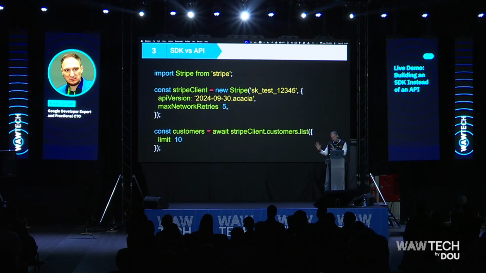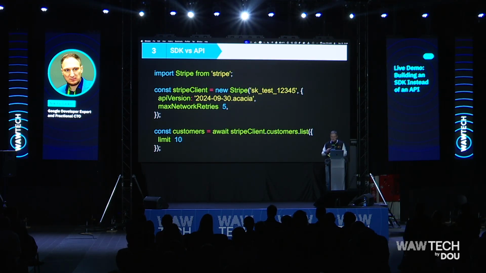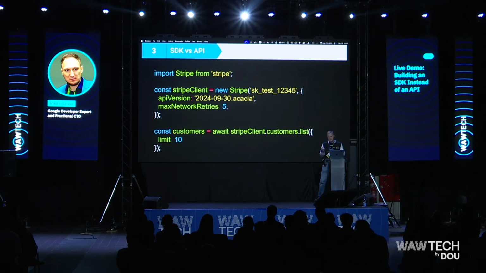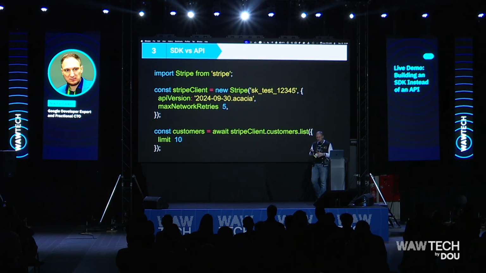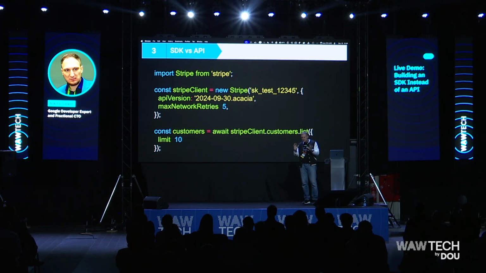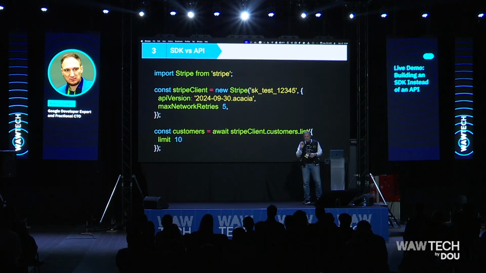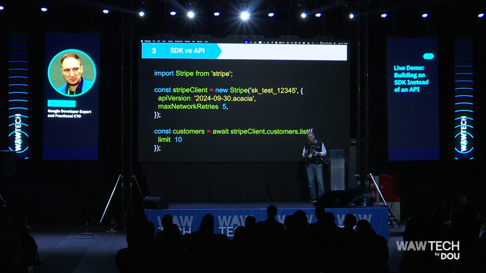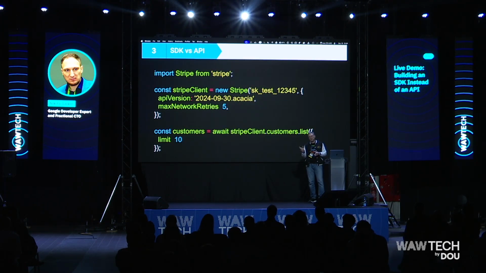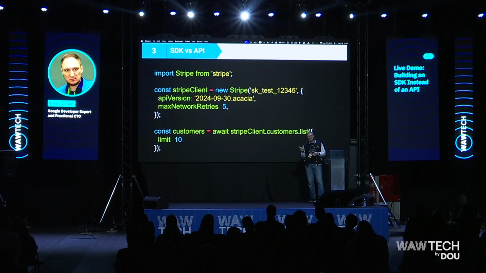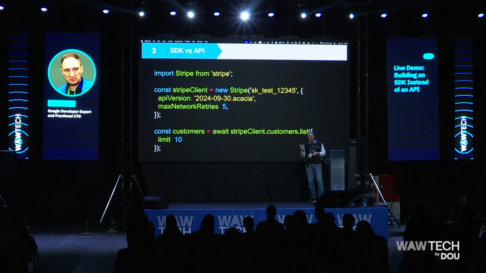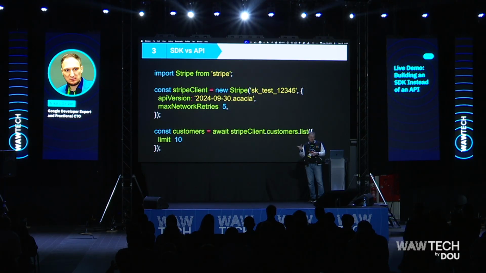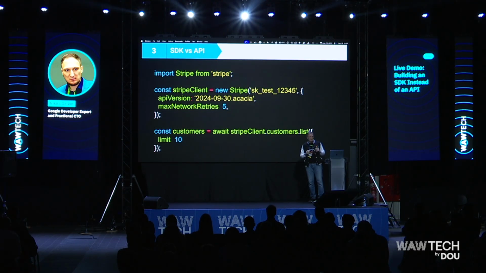This is an example of the code, and the takeaway of these slides is that API versioning is so often done like patch, minor, major, semantic version. I really like that Stripe versions the API contract based on the day they first published it. I think this is a smart idea.